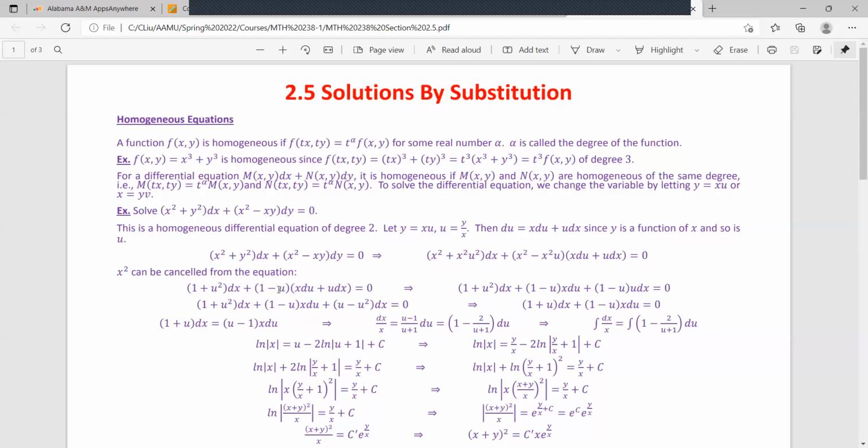And then you just distribute the 1 minus u to x du and u dx, so that you get 1 minus u times x times du plus 1 minus u times u dx. Okay. Now you can combine the first term, 1 plus u squared dx, and the third term, 1 minus u times u dx,